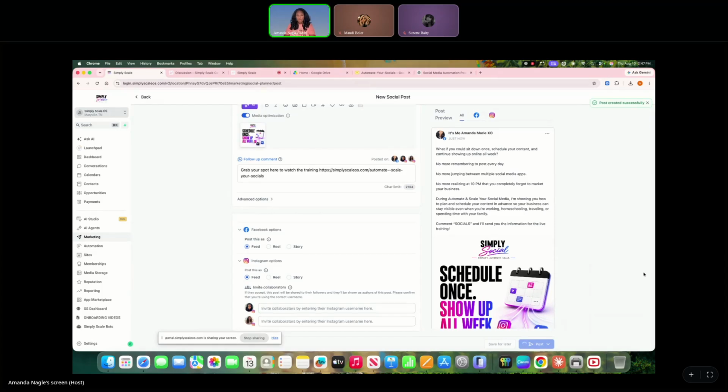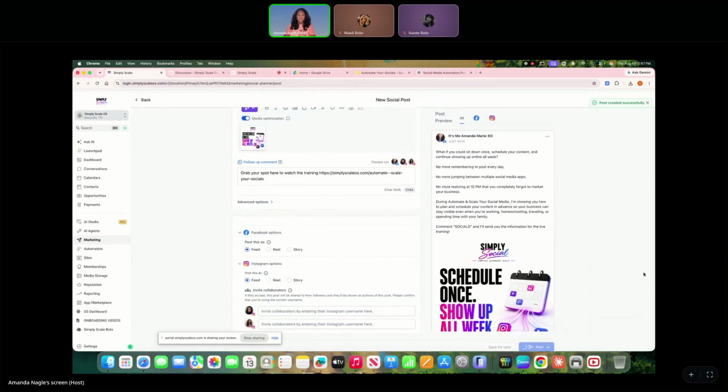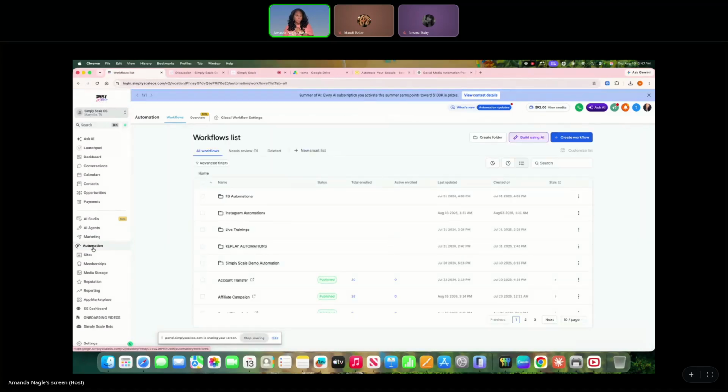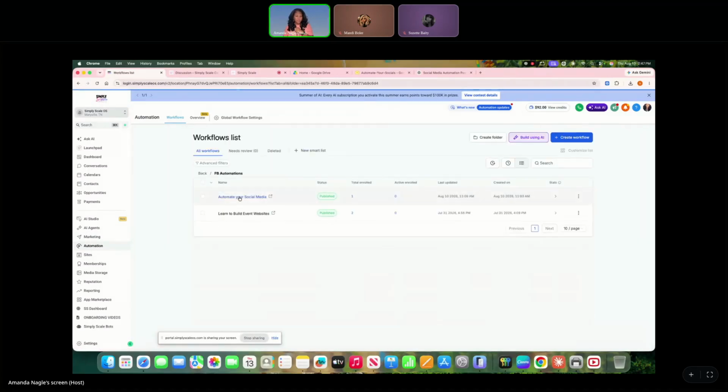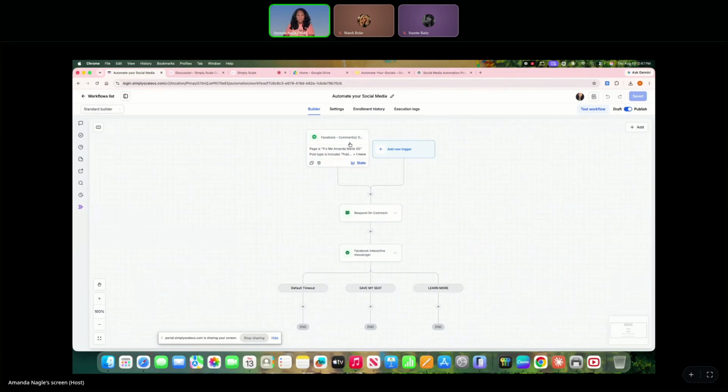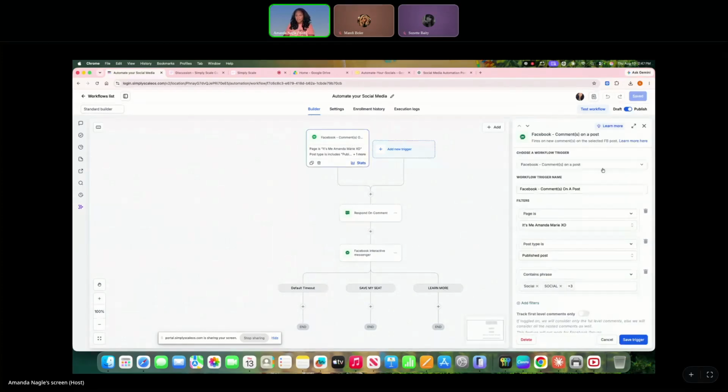Now I already set up an automation for this, and it's super easy to set up automations. You can set up super complicated automations just like you can in ManyChat, or you can set up very simple ones. I like to set up simple ones because they can get weird. So automating your social: all I did was choose Facebook comment on a post, and then you want to filter through what is the page. The page is going to be this one.